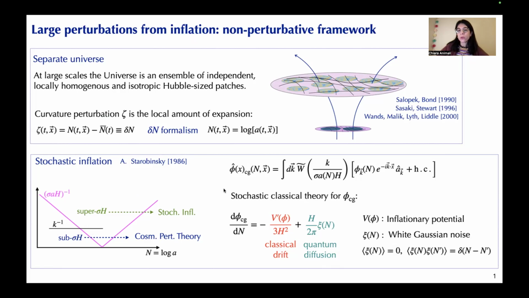As a consequence, this coarse-grained field then follows a classical theory which is stochastic, and so is described by Langevin equations. Here, for instance, we have the Langevin equation for the coarse-grained inflaton, and we can see two terms on the right-hand side. The red term is the usual classical drift term induced by the gradient of the inflationary potential function, but we also have a green term which is a noise that corresponds to the continuous inflow of subhorizon modes into the coarse-grained sector of the theory, and it acts as a quantum diffusion effect.